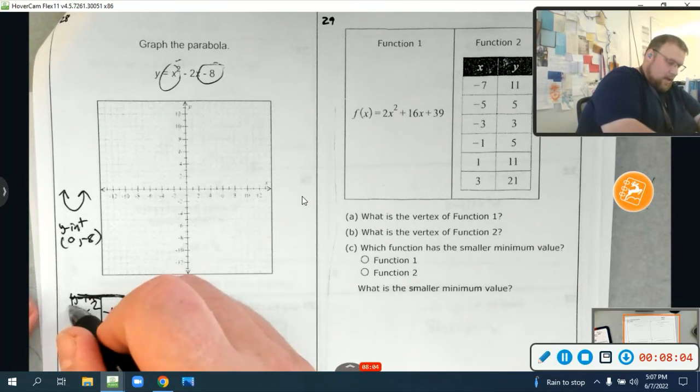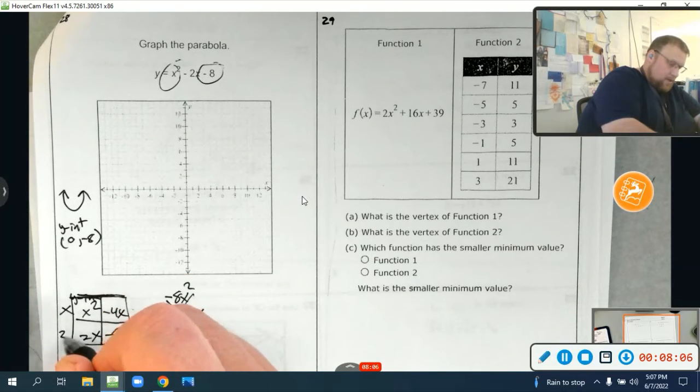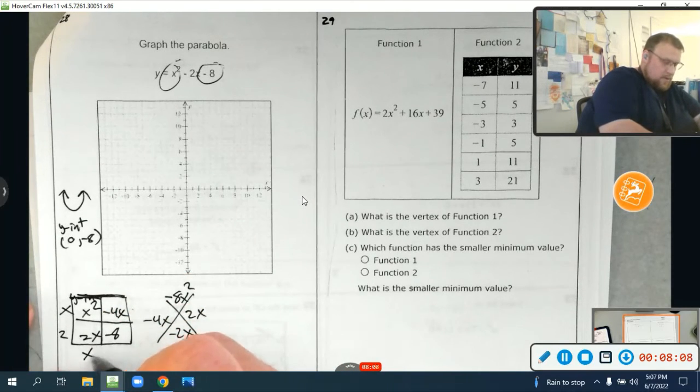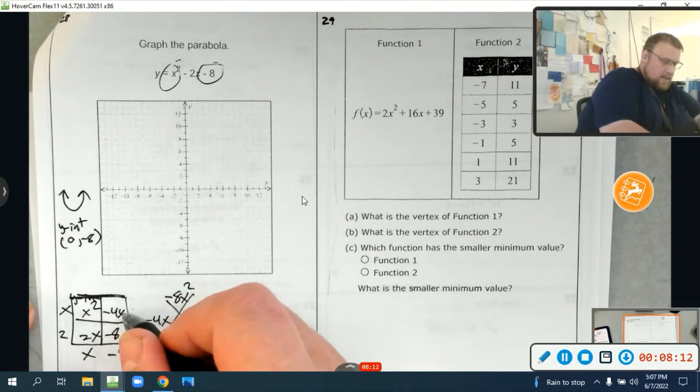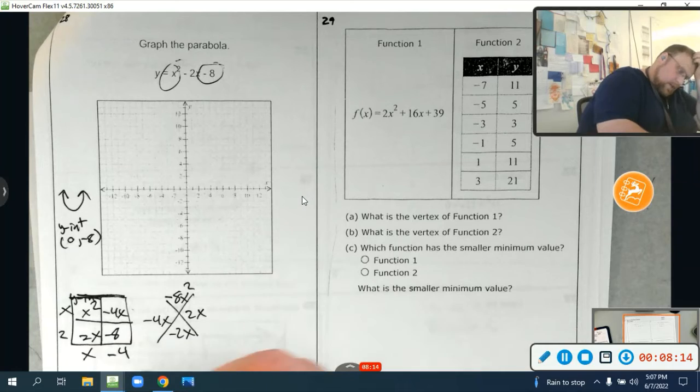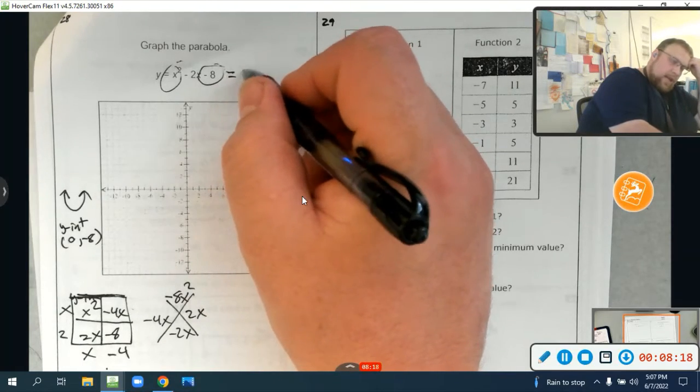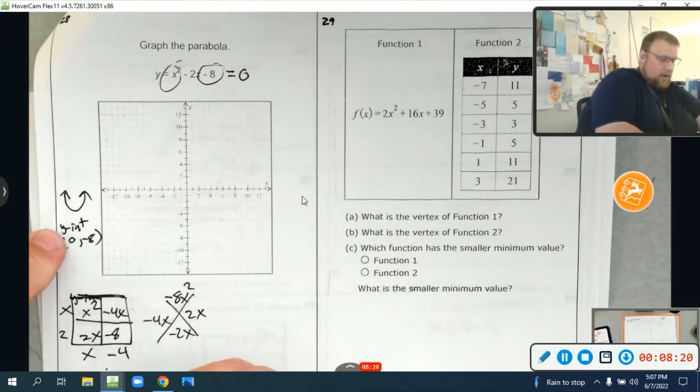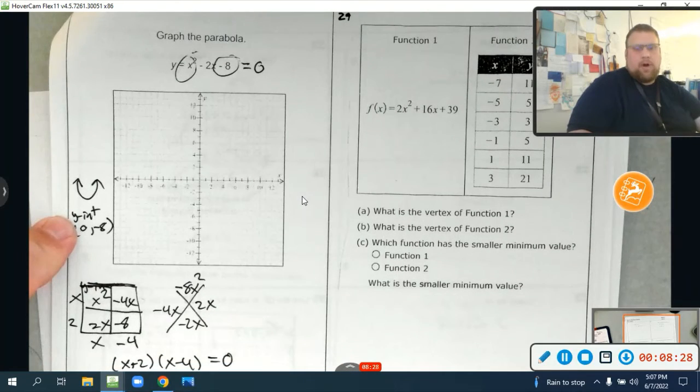I can pull out an x right here. I can pull out a 2 here. x times 2 is 2x. And negative 4 times x is negative 4x up there. So I know now, and to graph it, we need to write equals 0. And what do I know? I know that I have my x plus 2 and my x minus 4, and I've got to set it equal to 0 so I can use the zero product property,